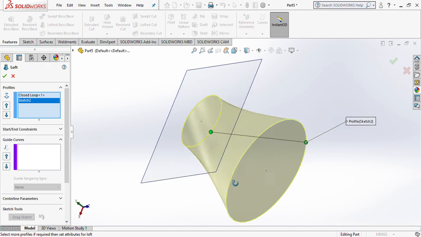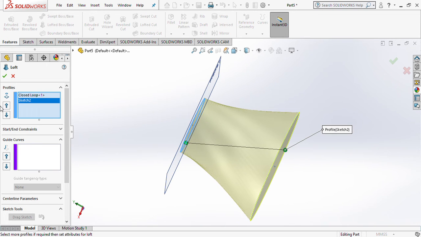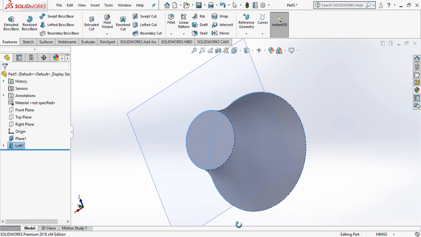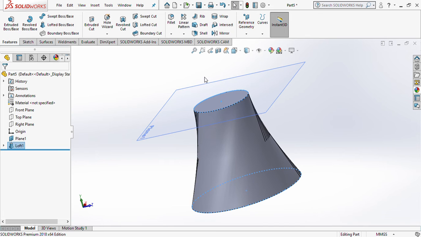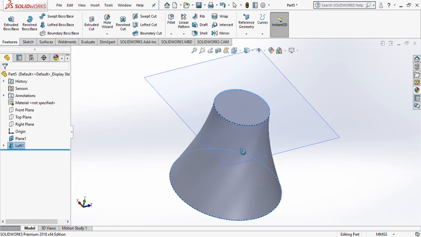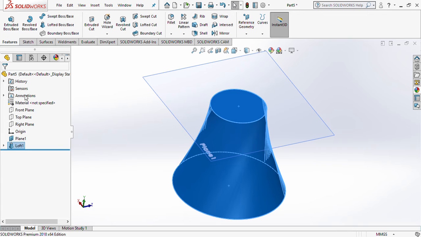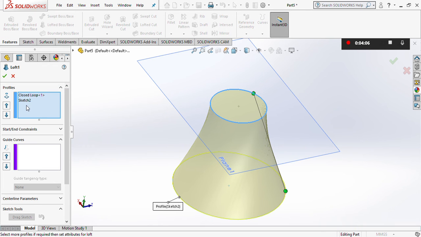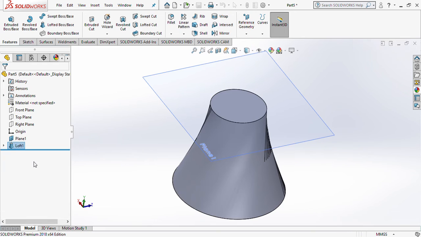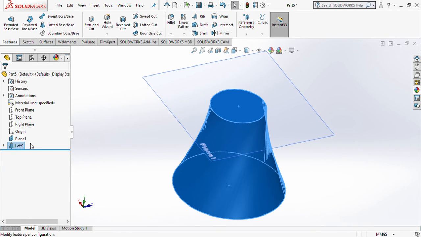Now you see the kind of shape that we have. It is not necessarily a cone. This is because we need to let's go back to Lofts, edit feature. We need to specify our guide curve. Yeah, so we delete this loft